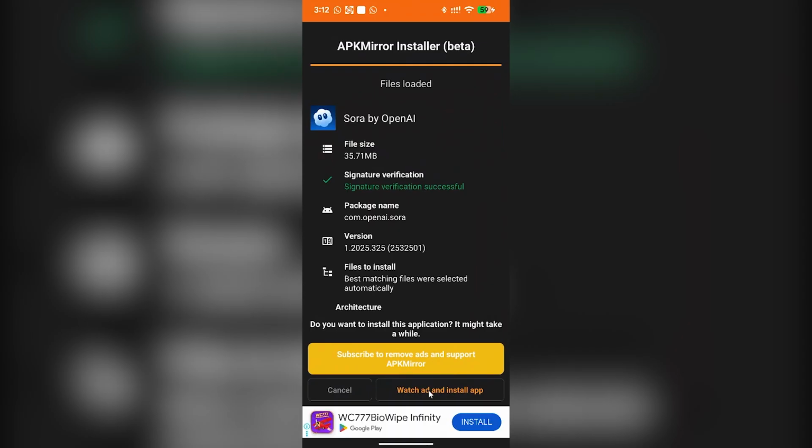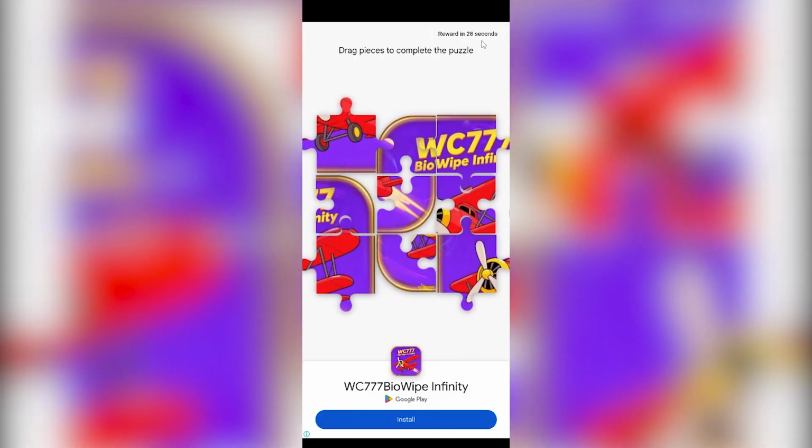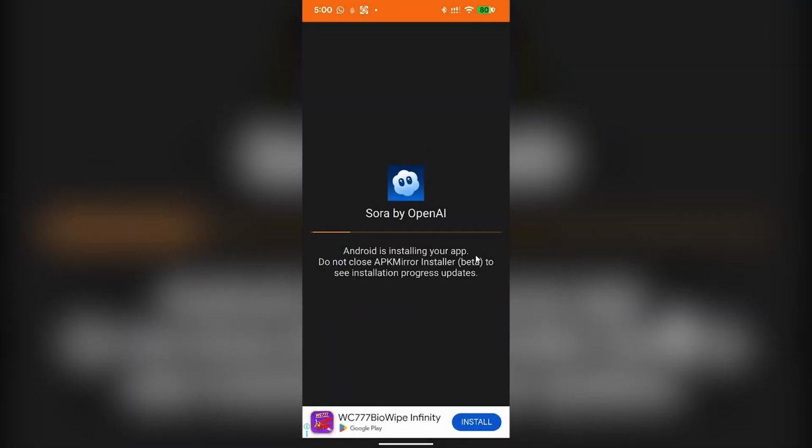You have to watch an ad before installing. I will wait for 30 seconds and the file will be installed, and that's simply how you can install Sora to